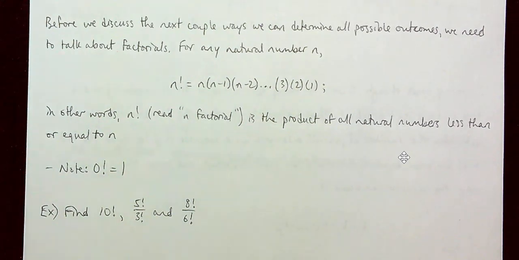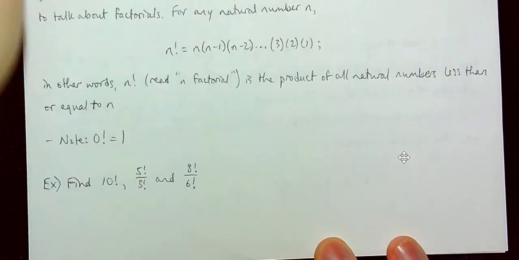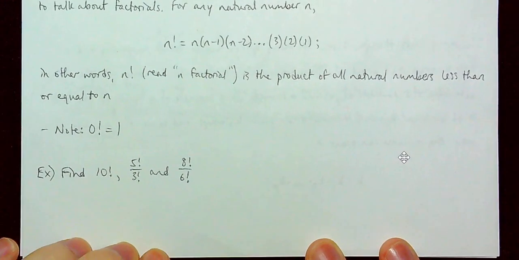Unfortunately, that sort of proof, that valid argument, is not really within the scope of this course. We're not going super deep into factorials and the theory of factorials and why they are what they are. All you need to know is that 0 factorial is equal to 1. But here are a few sample problems, just finding some factorials and some quotients of factorials.